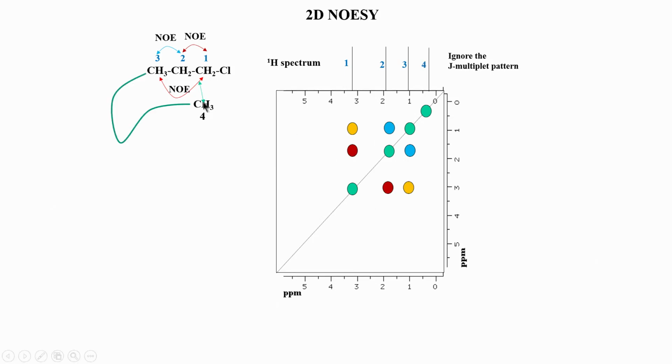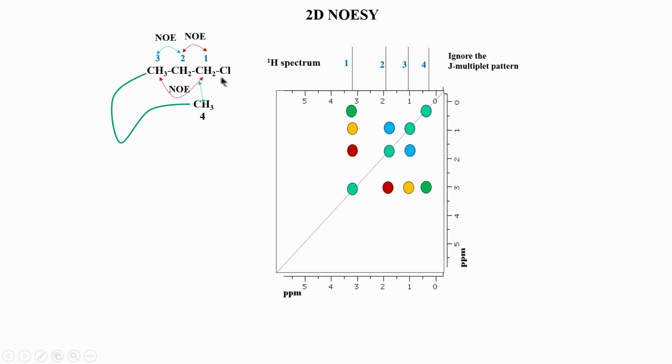So, this is what I showed. Let us say you have a long chain, something like a protein, and the chain goes very long, but it comes close in space to one of these protons. For example, as shown here, let us say I have a hydrogen which is a methyl. This is just an arbitrary signal, an example, so do not think of it as literally this structure. This just shows that there is a long chain, and it curls or comes back because of the geometry of the molecule, and now it is in close proximity to 1 and 2.